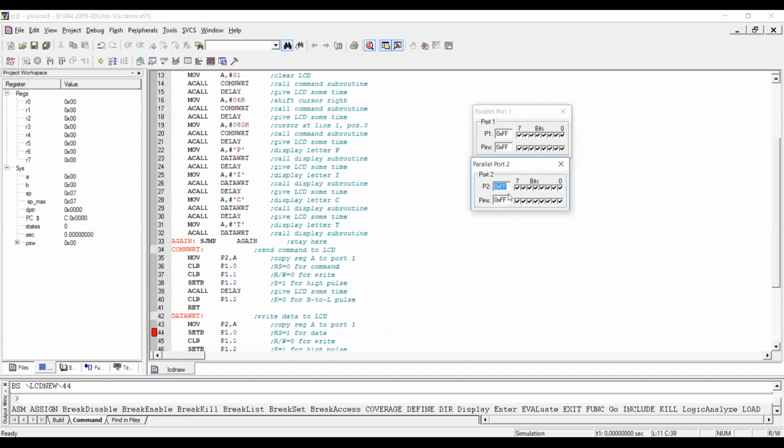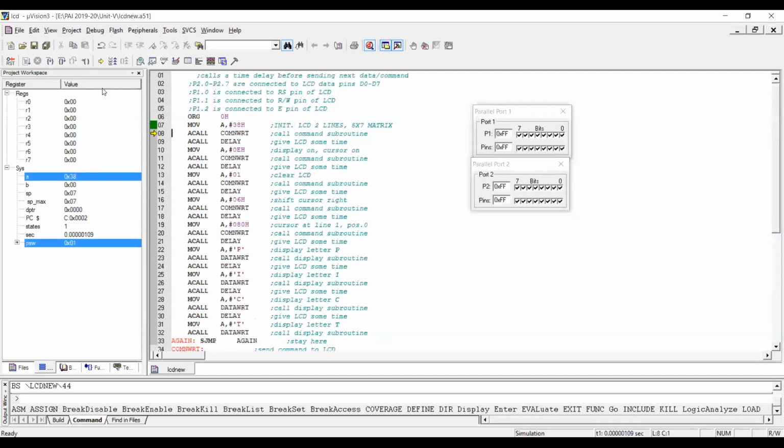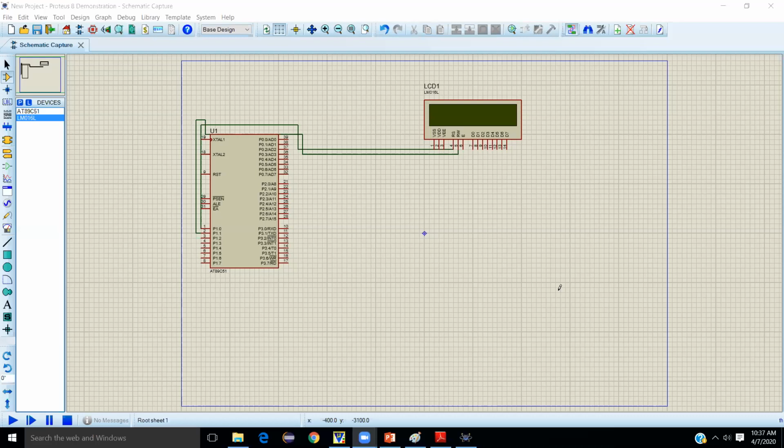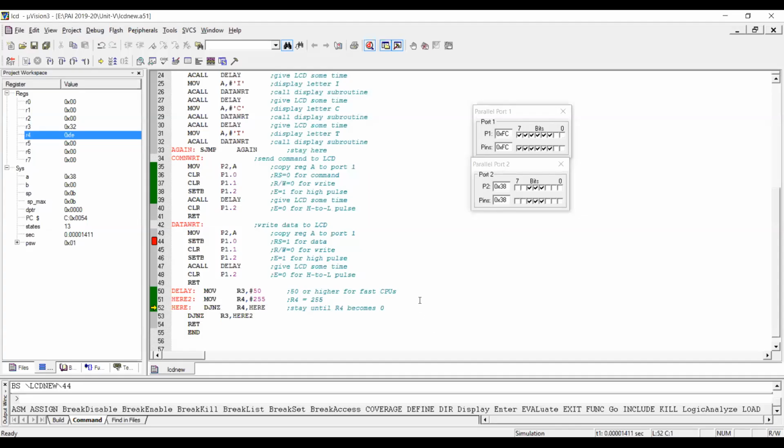Now in port 1 and port 2, when you debug this program, you are able to see the different values in your port 1 and port 2. See, the values are getting changed. So right now you can see the output. There are a number of simulators also; I will show you this one also. This type of screen is called Proteus. With this type of simulator you can see the string on the LCD panel also. But right now, due to the time limitation, I am not able to show you that. So this is what the code is.